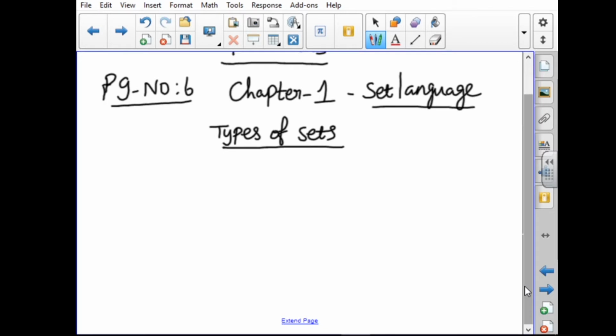Now we are going to see about the types of sets. We have a lot of types, so you have to check your material. I will explain the types of sets and give a short note about types of sets. You have to check your material. Okay. First one,